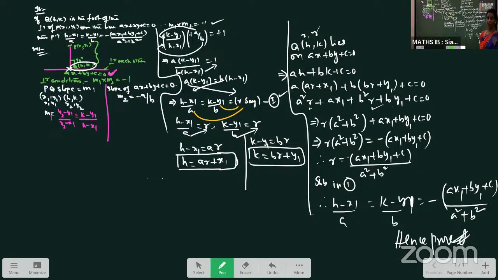But you won't get the full 7 marks for only the foot of the perpendicular theorem. The foot of the perpendicular also includes one question that will be given to us. So if you do that question, then only we'll get the 7 marks. For the theorem we'll get maybe 5 marks, maybe 4 marks, and the remaining marks are for the question related to the foot of the perpendicular. We'll go through that question also. Okay. Now once you go through this,